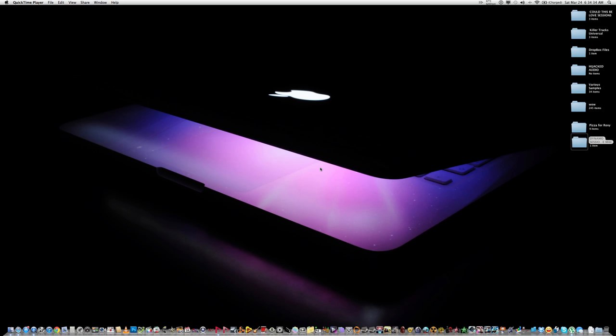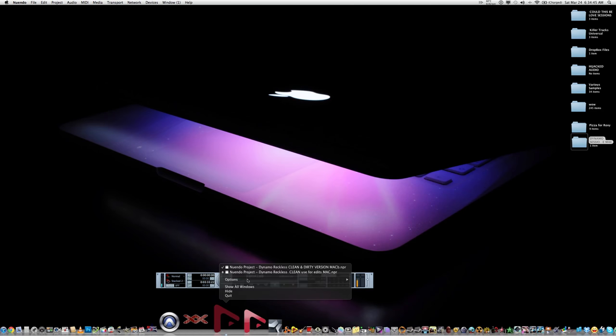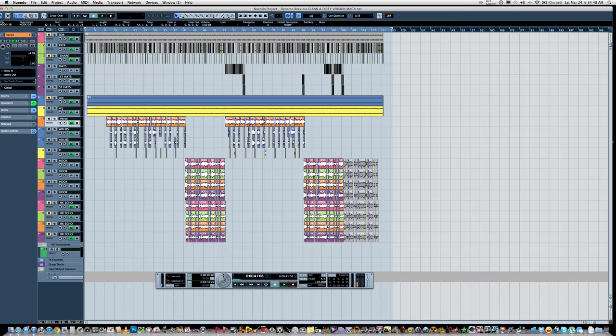Now, to do this, obviously, it's going to require some resources, but hey, computers are fast now, so it's not really that big of a deal. But nevertheless, I have a session here already loaded for you to save time. And the program of choice for me is Nuendo. And we're here on the Mac, so please excuse any delays in processing. I'm recording the screen, so the graphics may look a bit choppy, and it is using some of my resources. Now, this is our dirty version here.